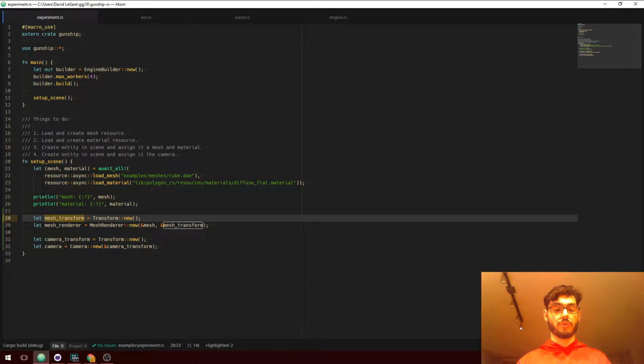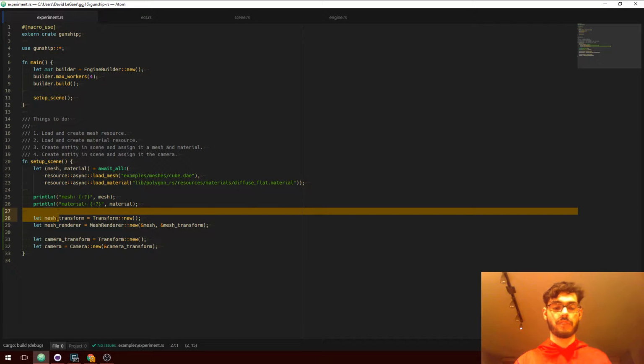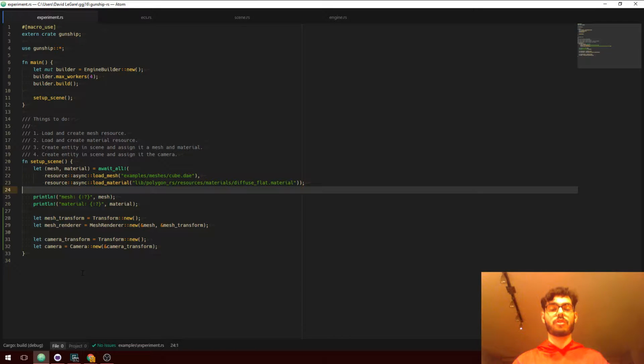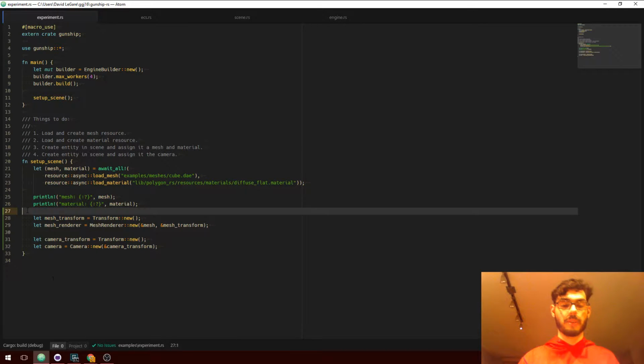But these confer ownership. Owning this object means that you are the exclusive, the one place in game code that has access to that data. And it means that if you want to lend out a mutable reference to that data, it's safe to mutate through that reference. If you want to lend out multiple shared references, it's safe to share those references. The game engine does technically have access to that data under the hood, but the game engine is going to be designed to make sure that it's not ever mutating that data in a way that's going to invalidate these handles or lead to any memory unsafety.